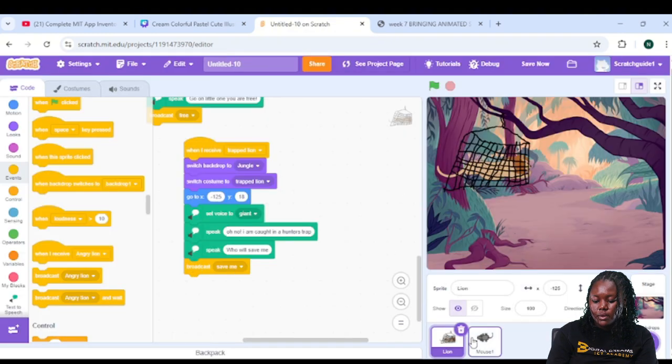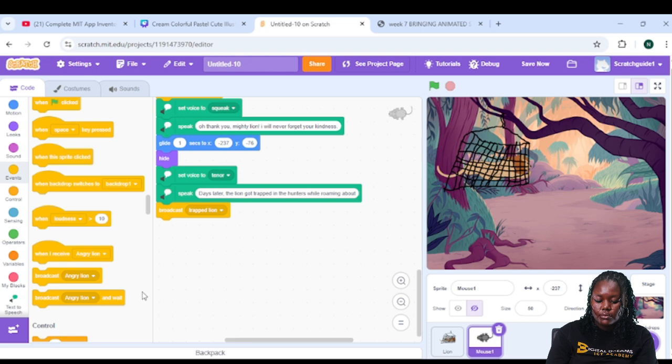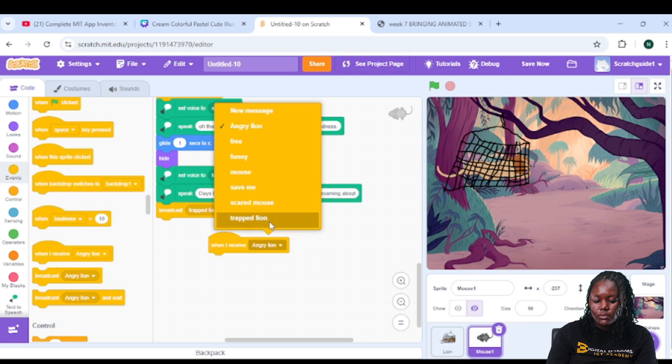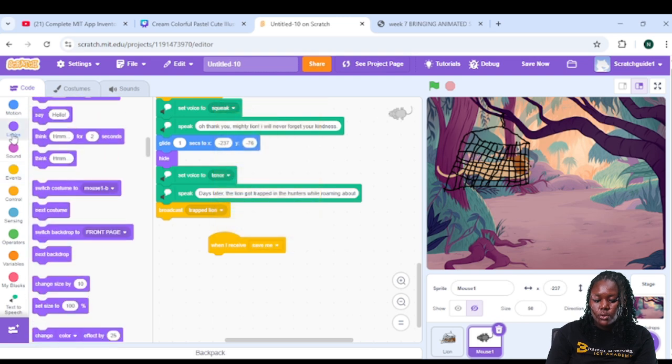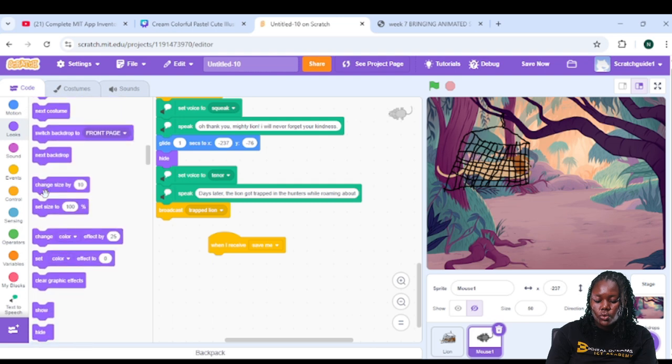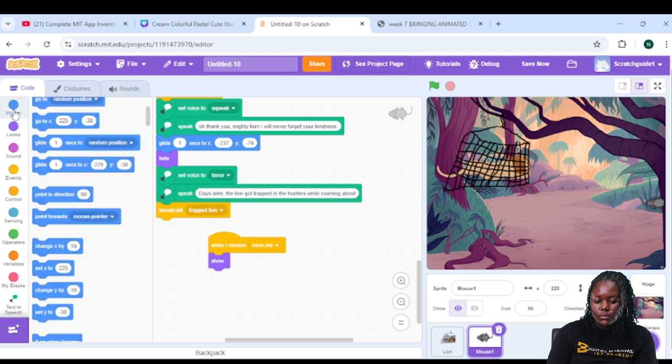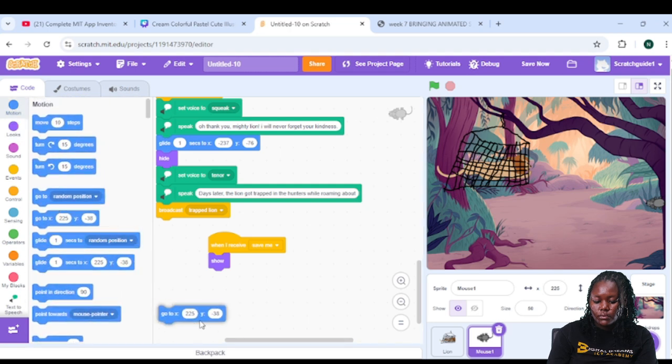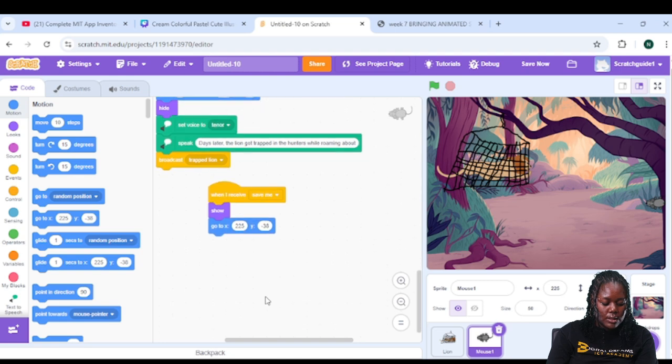So broadcast save me, and for the mouse, when I receive save me, show. Remember it was hidden. Show. So we're going to make it show at this position. Show. And say,